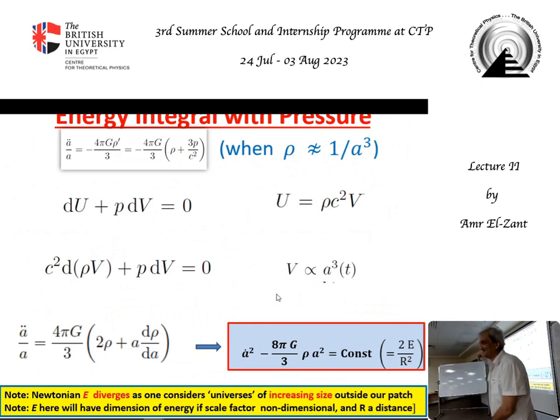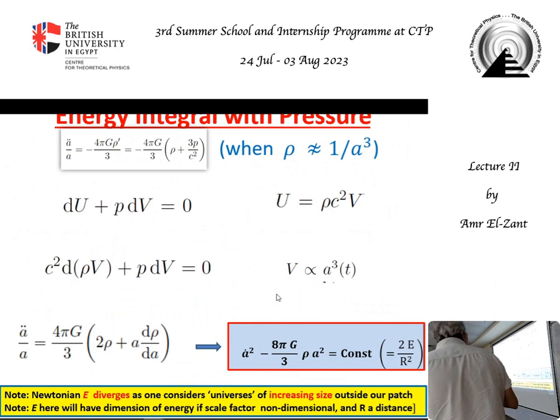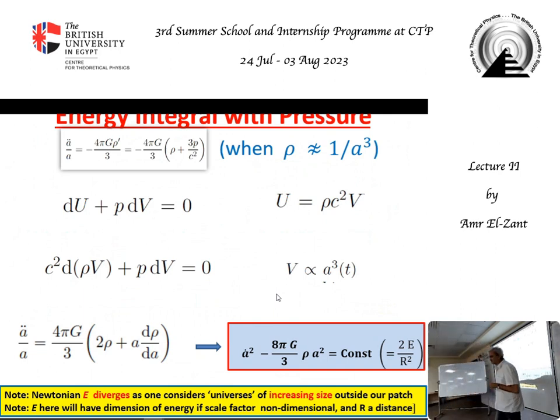In these simple things, you can do energy conservation pretty well. That's why you could do it in Newtonian. But that's not the case in general. In general relativity, energy conservation is not straightforward. But in this case, it's fairly straightforward. Okay, so we put that here. This becomes a total differential. Can you see that? This is a total differential. Rho a squared is like d rho a squared.